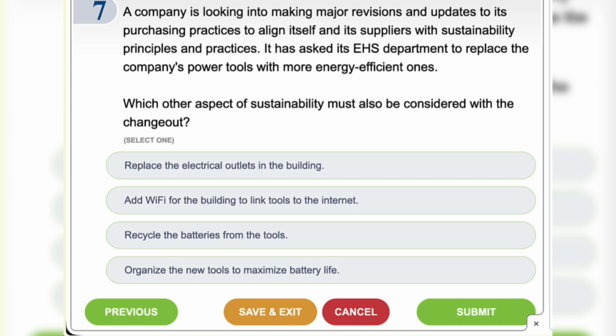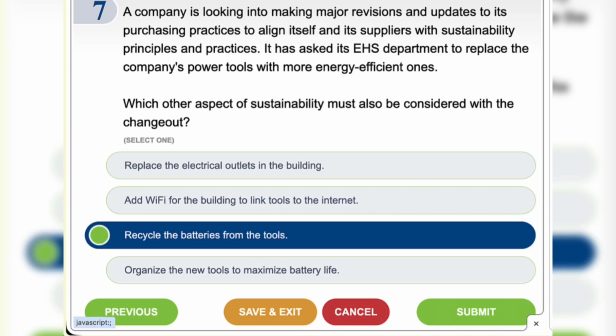Batteries, especially lithium ion, must be collected, managed as universal waste or hazardous waste depending on the regulation, and recycled to recover metal and prevent environmental contamination. So recycle the batteries from the tools is the right answer.